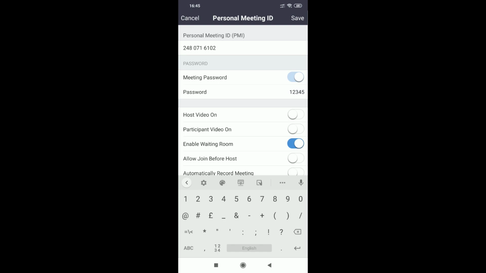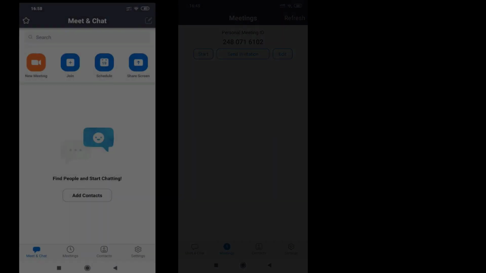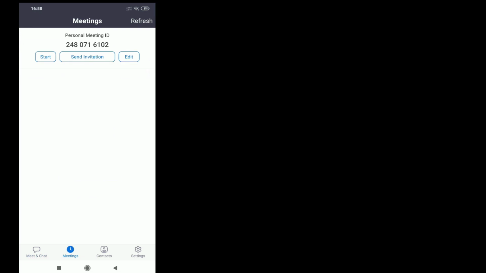So you need to provide this information to your participants to take part in your meeting. There are mainly two ways of conducting a meeting. Either you create a meeting by clicking on start meeting, or you can join a meeting by entering the meeting ID and the password.